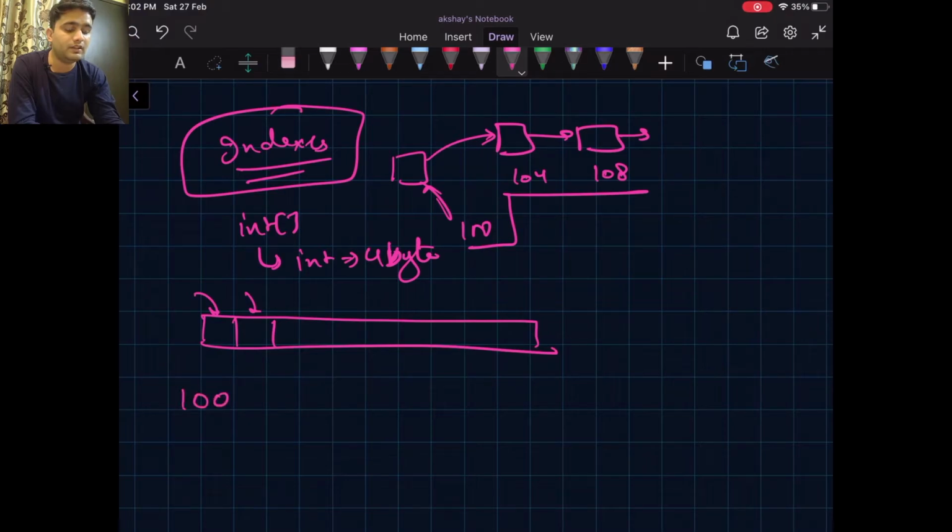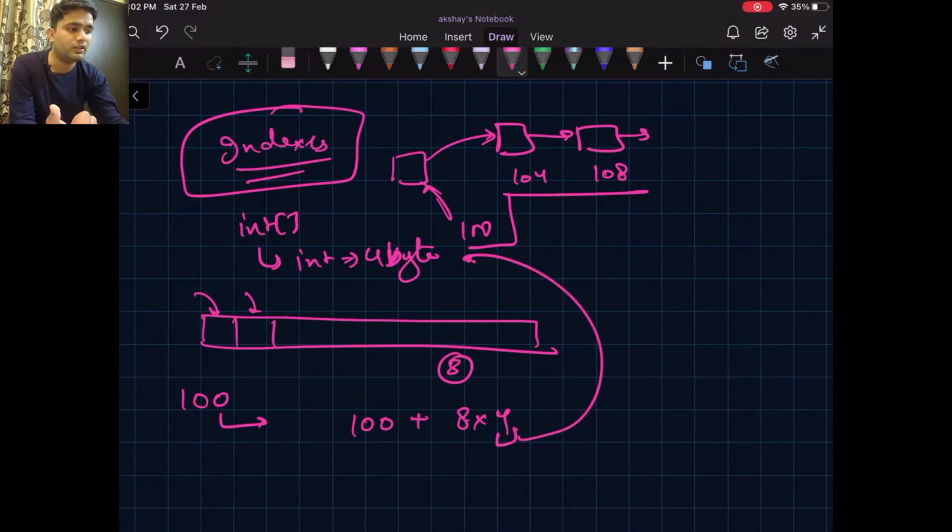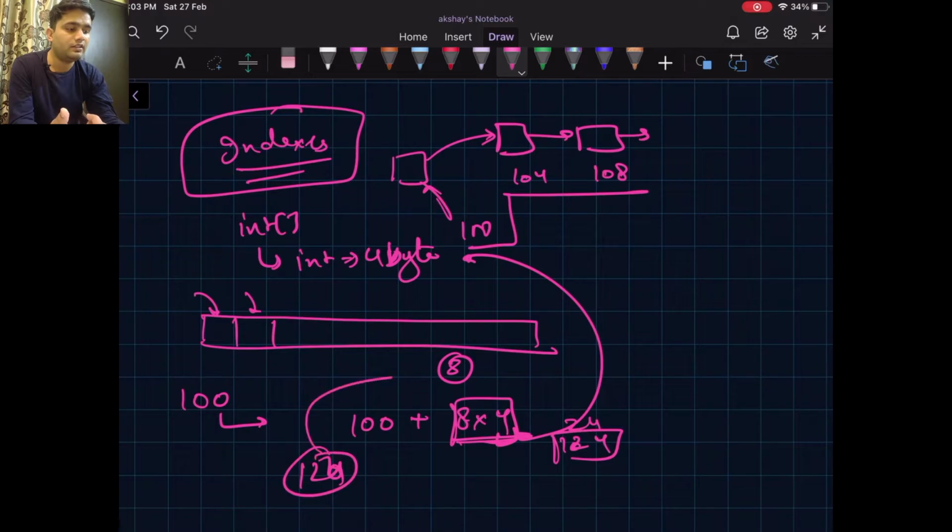If my start point is at 100 and I want to find the eighth position, I can simply do 100 plus 8 into 4, because 4 is the 4 bytes of an integer, so everything is 4 bytes apart. 8 into 4 is 32, so 100 plus 32 is 132. The eighth value will be present at memory location 132. So that is the benefit of array.